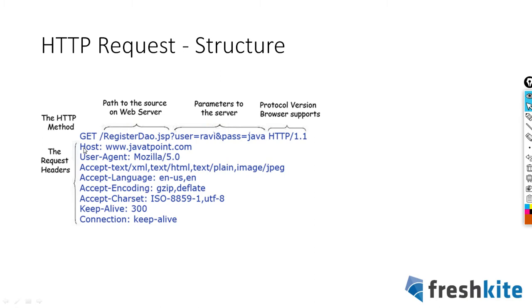And then there will be a lot of request headers, like what is the host, and then what is the user agent, like from Chrome we have triggered, and from where you have triggered. And when the server replies you back, you are sending like I accept XML, I can read HTML, I can read plain text, I can read image. So what are the different formats of data you are expecting from the server? These kinds of things will be there in the header. This is the header part, and this is the HTTP method and the parameter part. This is how an HTTP request will look like.